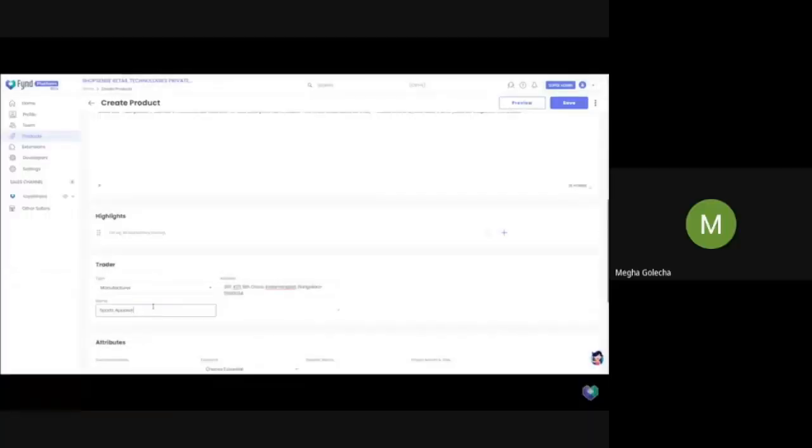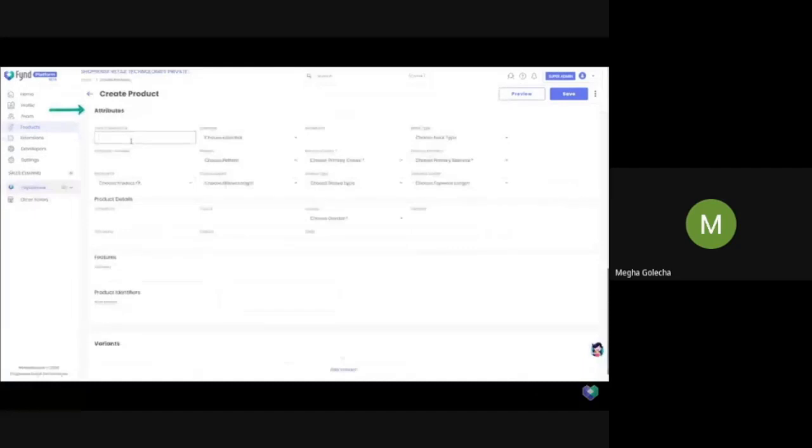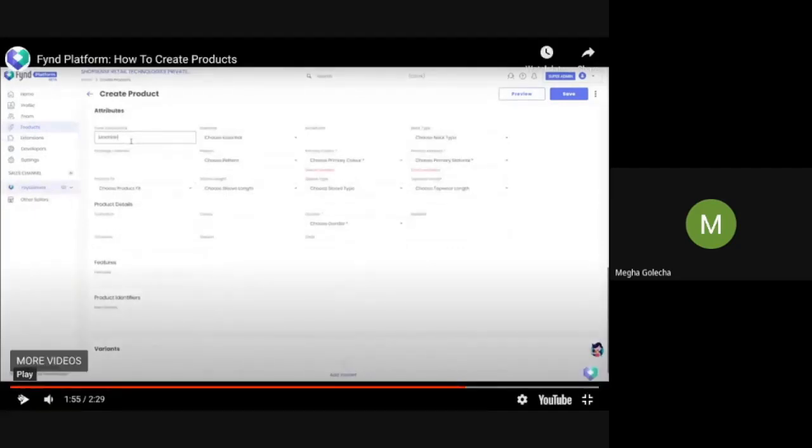You need to choose the manufacturer address and name. The attributes that you see here are because of the category, the template and the department that you chose previously. These change according to the department that you have selected. Because we have selected clothing, these are the attributes that are shown, which is color, material, neck type, model info. These keep changing according to the template.